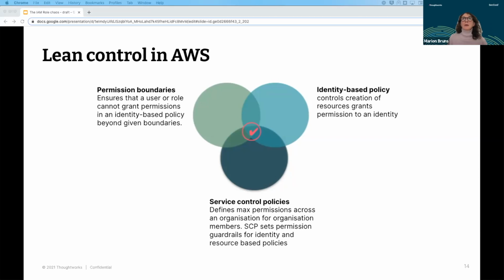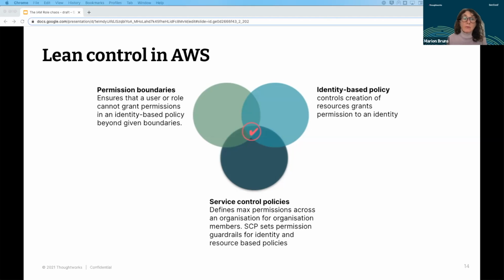So if you say, okay, I do not allow that a user can create or have access to a specific group of people, and if that user now tries to create an IAM role and assign that to this group of people, that won't work. However, the permission boundaries limit the access. They do not grant access. So you still need to define identity-based policies, in this case, to control creation of resources, which you want to grant to an identity.